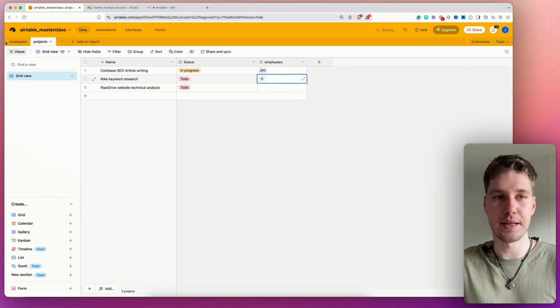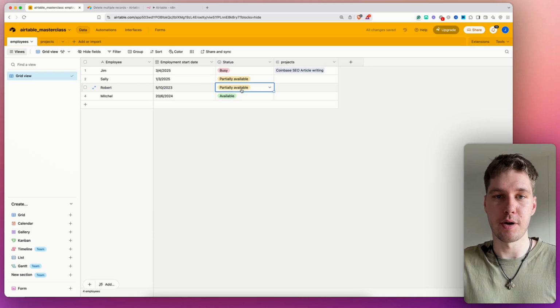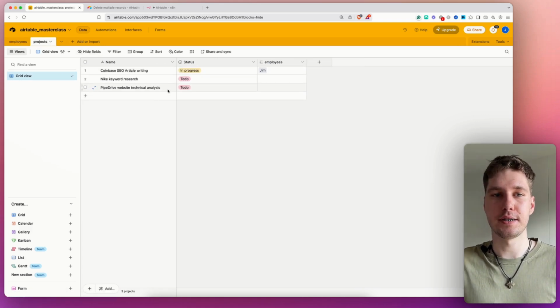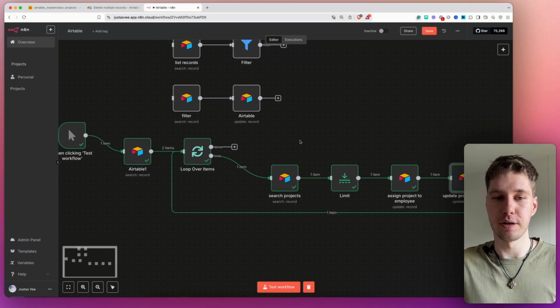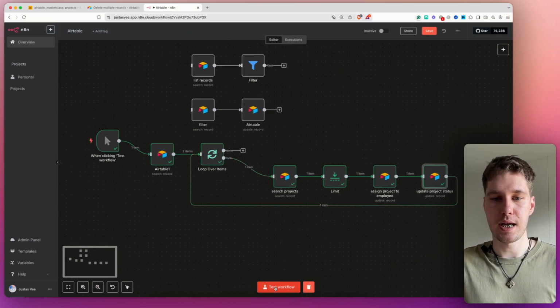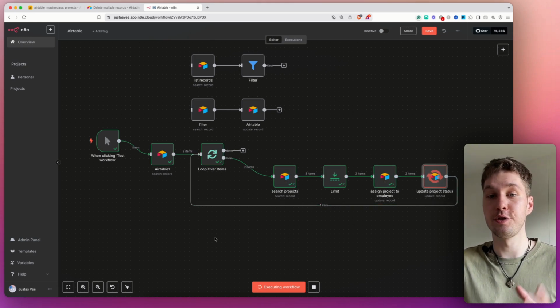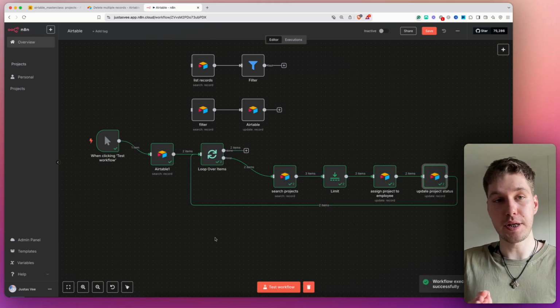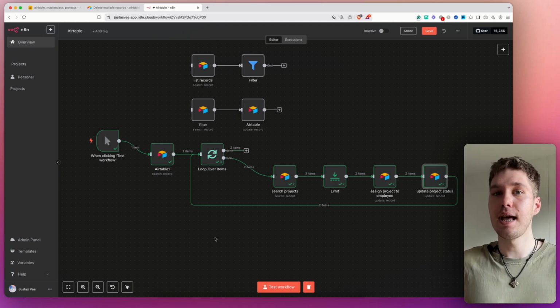I'm going to unassign the employee, and I'm going to mark Robert as fully available. So now we have two employees that are fully available. We have two projects that are currently unassigned and with status to do. Now what I'm going to do, I'm going to zoom out and I'm going to click test workflow. So essentially this should assign separate projects to separate employees without duplicating that,